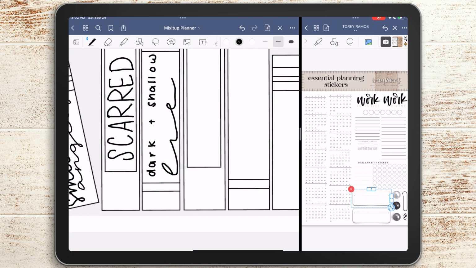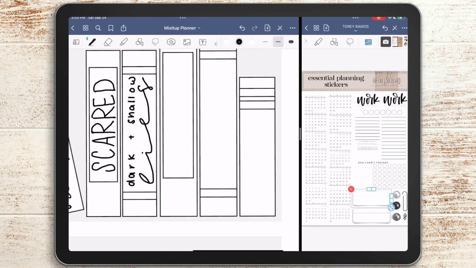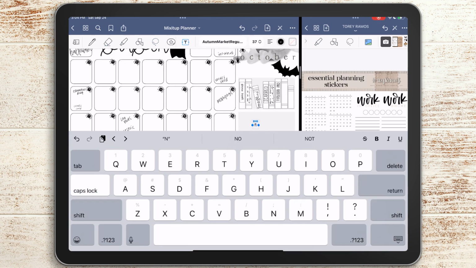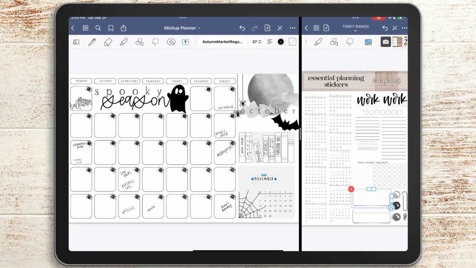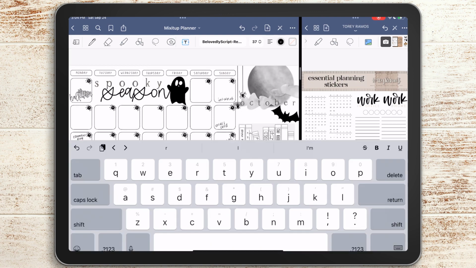And this month so far, I usually try to have 8 books, but right now I only have, I think it was 5. I've got You're Invited, One of Us is Lying, Small Angels, Scarred, Dark and Shallow Lies, and Forbidden. So I've got 6, I believe, in total for this month. And then for the rest of them, it'll probably end up being romance because I know that I'm going to need something to get me out of the